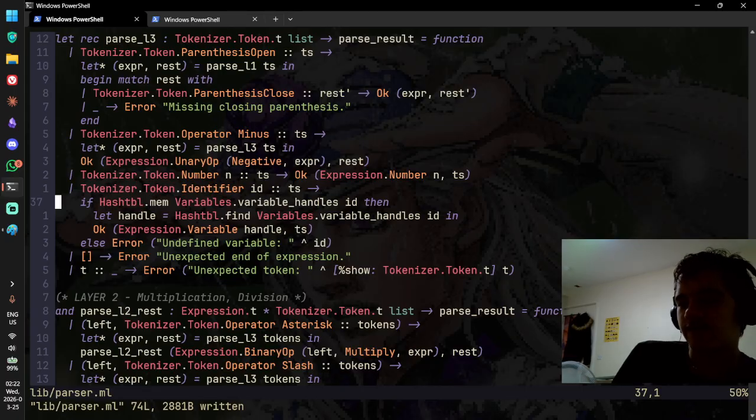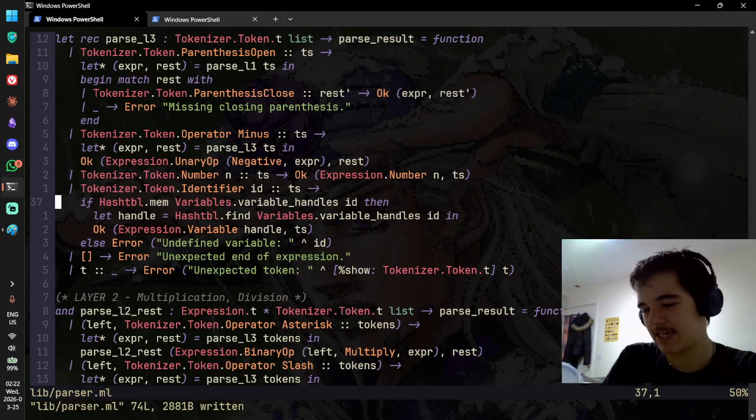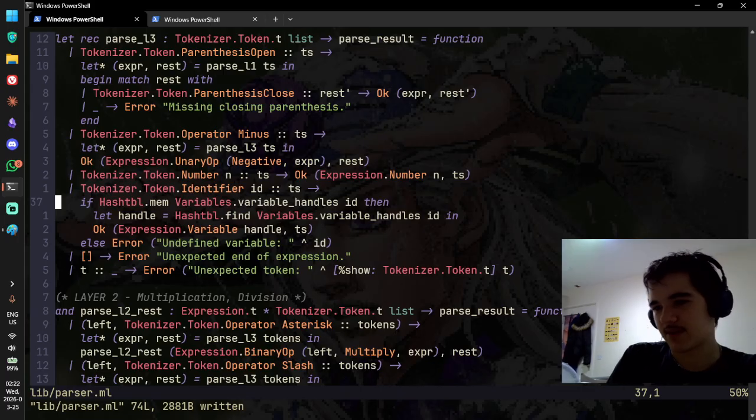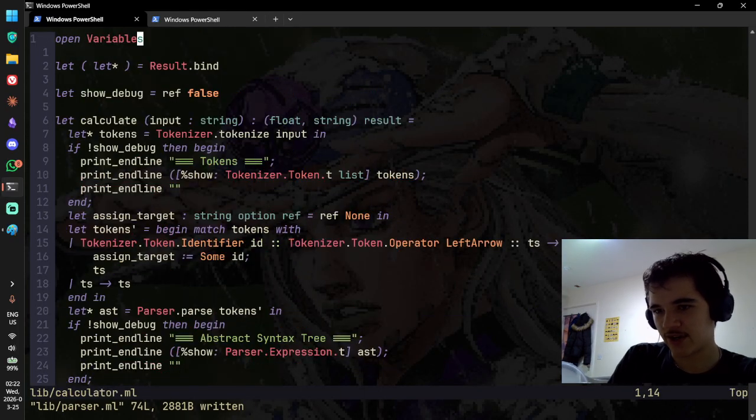It's just weird to evaluate the variable inside this. You know what? I want to keep it. I know it's weird, but whatever. This is for learning purposes, for learning OCaml, and clearly I'm aware of it, so it's fine. So I'll just go ahead and finish this off then